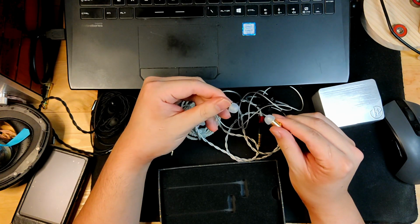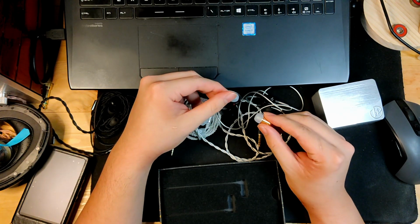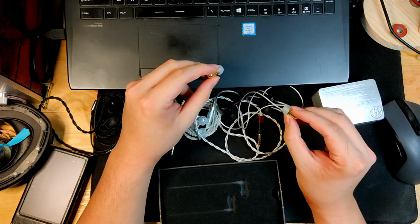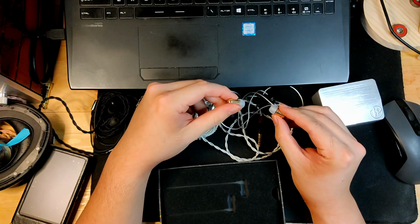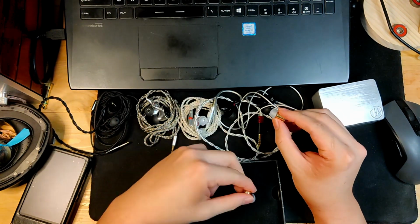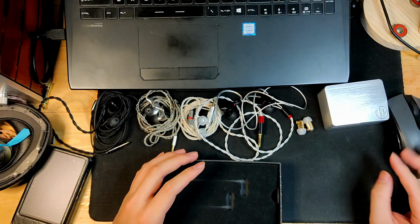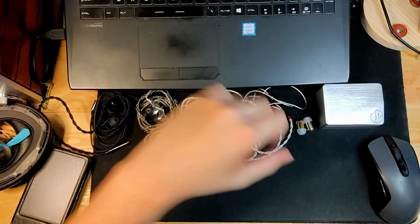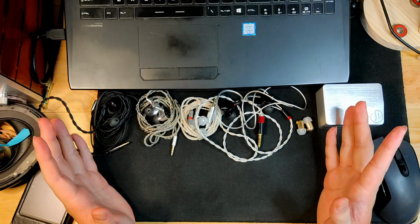If you have one, enjoy yours. If you don't have one, yeah, you have a lot of other IEMs that you should buy before you go and look for these. Yeah, but it's overall quite decent at time of release probably. So yeah, I guess that's it for my initial